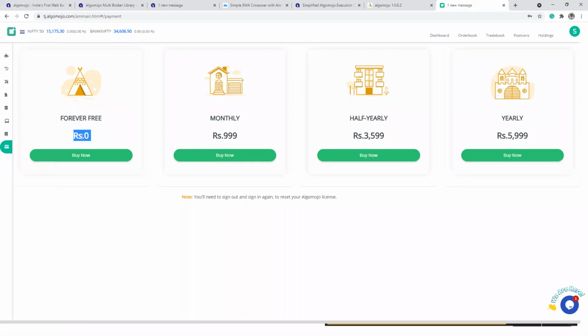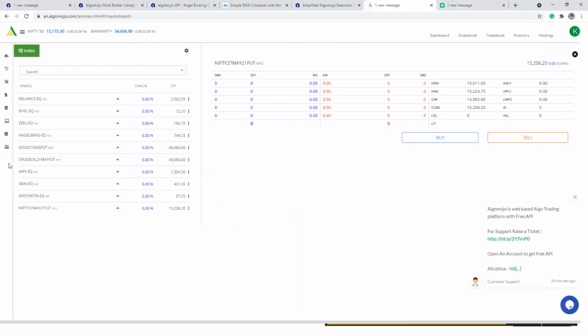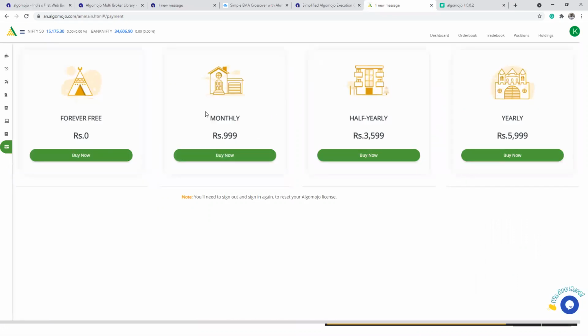absolutely, no matter what. However, if existing users, existing trading users or existing Angel Broking users want to trade, they don't want to shift to a newer account, they are happy with their existing account itself, and still want to use the platform, there will be a platform fee for the existing users. And the pricing will reduce if somebody is opting for an annual plan. They will be charged at an average of 500 rupees per month. That is the average cost that you can get if somebody is going for a yearly plan.